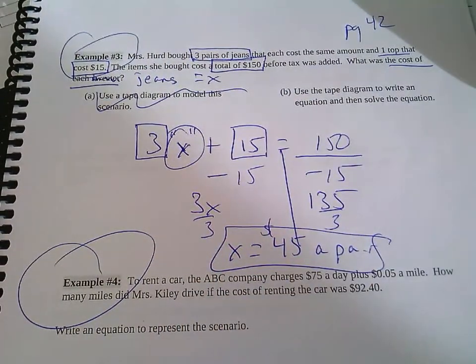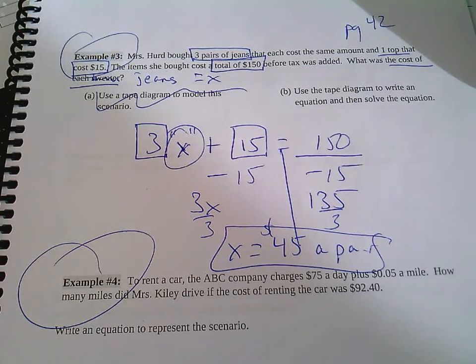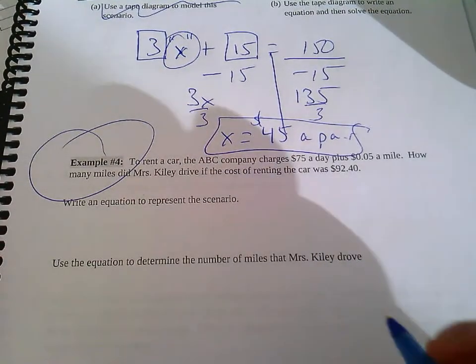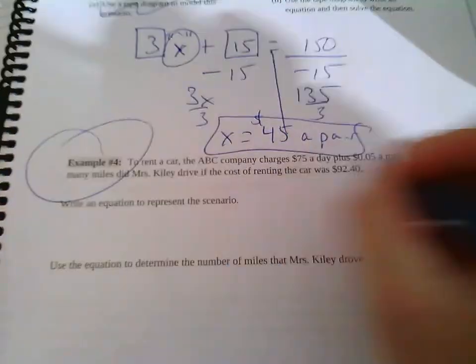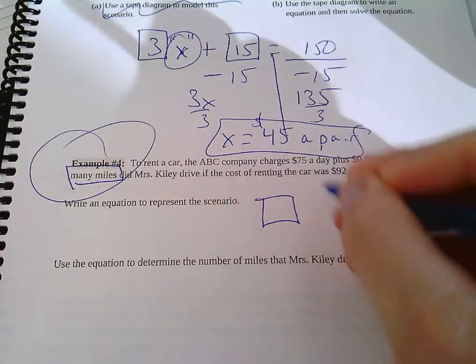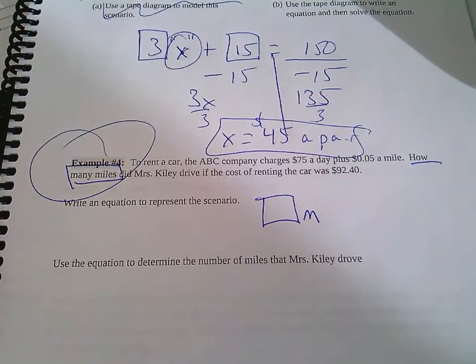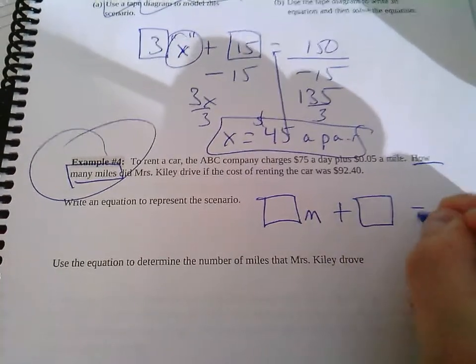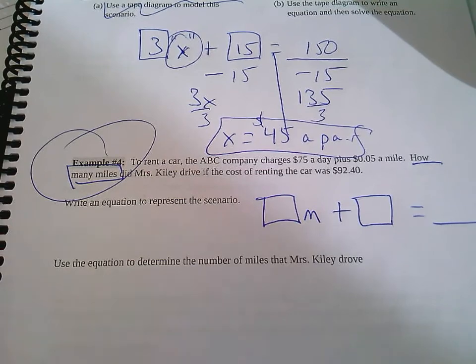Very good. All right, one more example. Example 4. How many miles? So we're going to write this format. You know what I'm going to use? I'm going to use M this time. M for miles. Kind of makes sense. Additional amount equals the total. All right, so as I read,